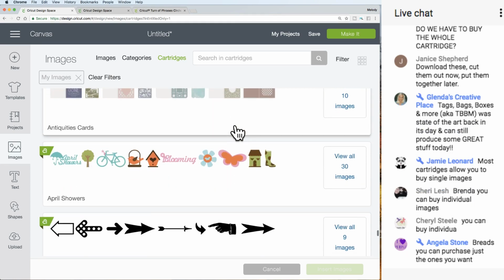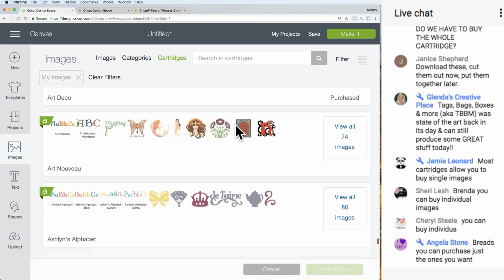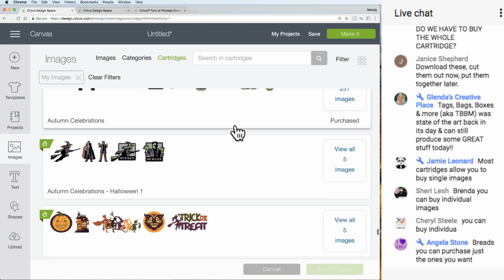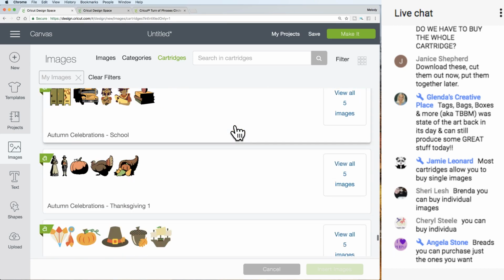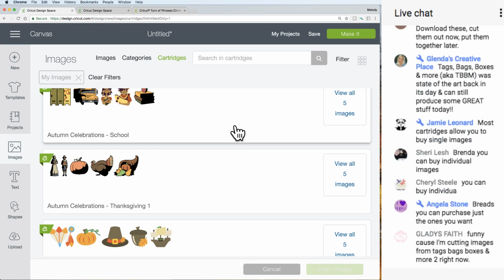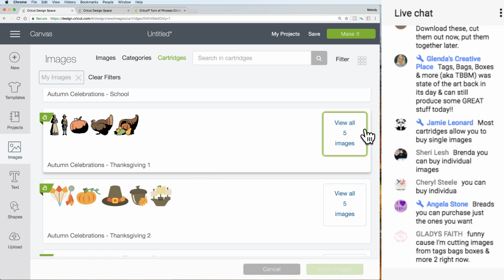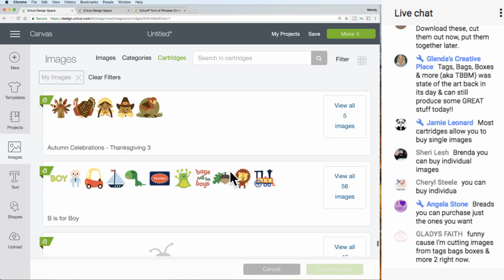Got lots of Anna Griffin ones, because when they're on sale, I buy them up. Yeah, and if you want an image on a cartridge, and you just want one image,